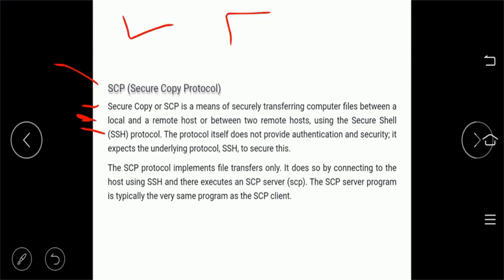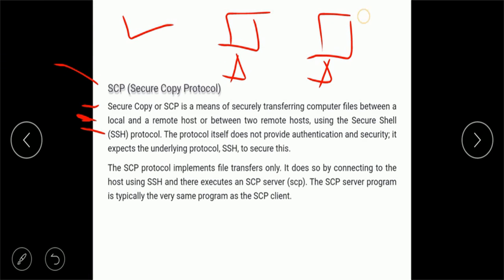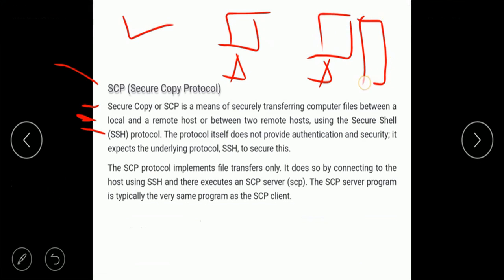Suppose this is your local computer and this is the server computer. So from the server computer, when you copy some file or when you upload some file, in both processes you are using SCP, Secure Copy Protocol, with the help of SSH.